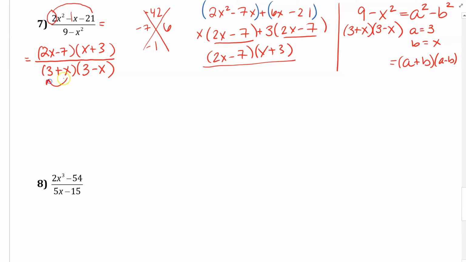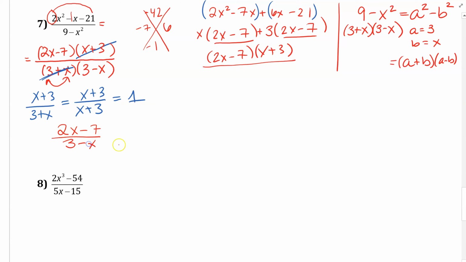Well, the order of addition doesn't really matter, right? x plus 3, 3 plus x is the same thing. So I can cancel those factors to equal 1. So x plus 3 divided by 3 plus x is the same thing as saying x plus 3 divided by x plus 3. And so it's the same quantity divided by itself, so it will equal 1. Therefore, I can cancel it. So then my simplest answer for this one would be 2x minus 7 over 3 minus x. That is my simplified answer